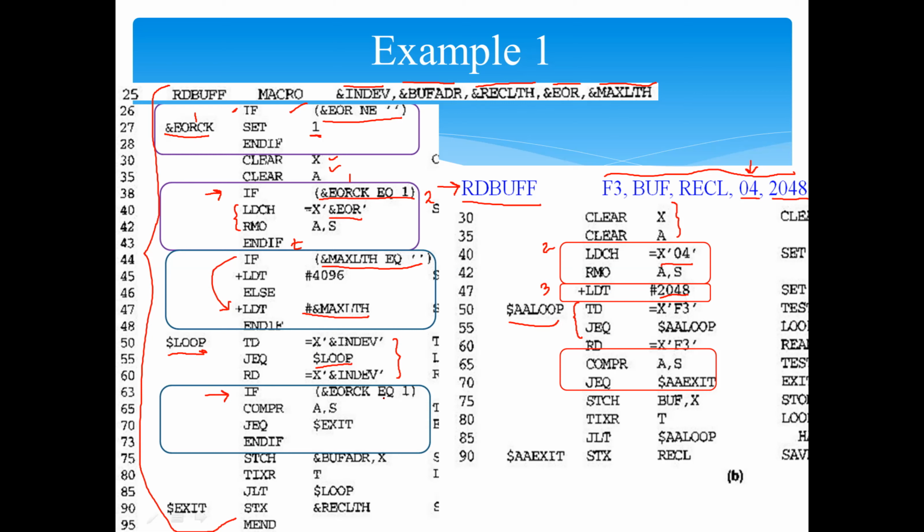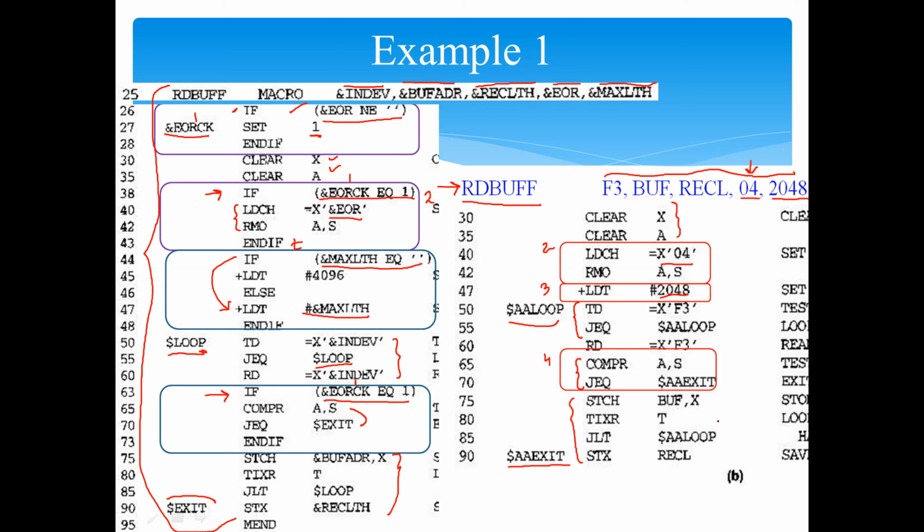Then again, another if condition. You have the next if condition. So how does it work? If this condition EORCK is 1, and of course in our case EORCK is 1, the statements that come under the block are these two statements. So this is the fourth block, and you have the two statements inside that block. Then followed by whatever sequential statements you have. And one more point you can check, you can see here that you have the next label inside your macro body, which is $EXIT, which has been expanded to $AAEXIT.